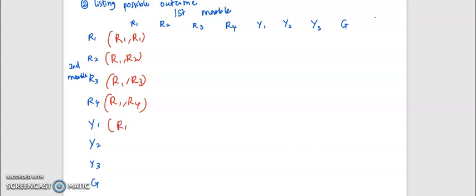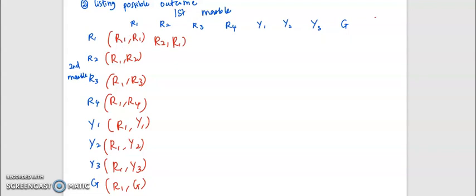Okay, so continue. R1, Y1, R1, Y2, R1, Y3, then R1, G. Okay, and so on. R2. If I get R2 as the first marble, then second marble, I might get R1, or R2, R2, or R2, R3, R2, R4, R2, Y1,